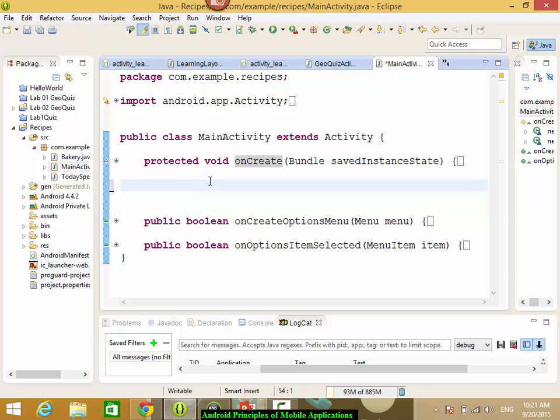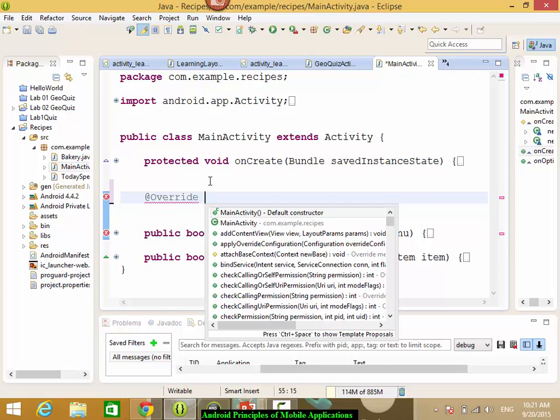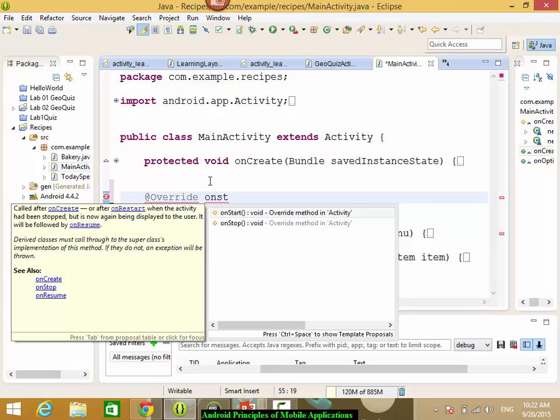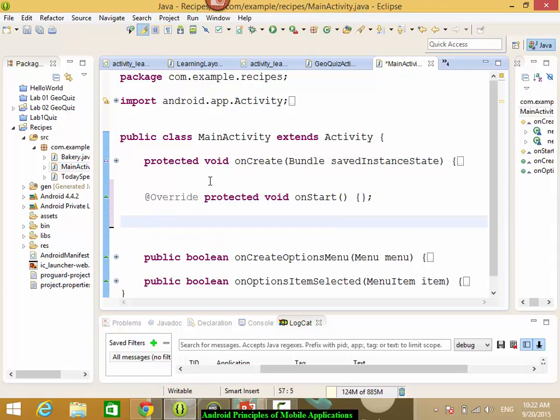So now I'm going to write the onStart code. So I need to override onStart. The easiest way to do this is write the tag override, and control space for giving you suggestions. So here you write onStart, it will come up with suggestions. You say yes, I need this one, and then again override